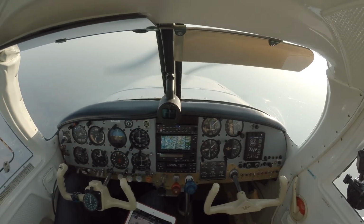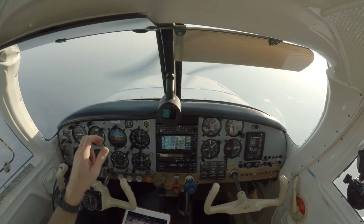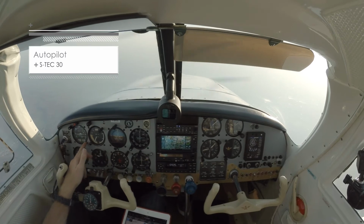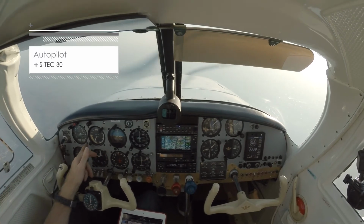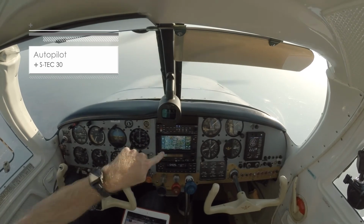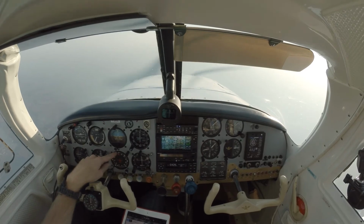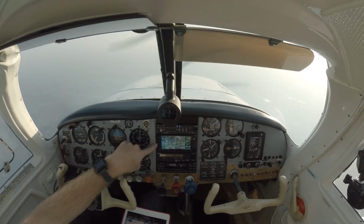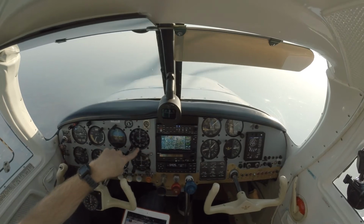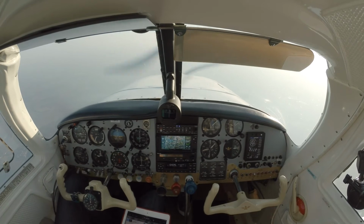Let's continue with the avionics tour. The S-Tec 30 autopilot was installed in this aircraft already. It's coupled to the GTN 650, so I can fly heading mode with a heading bug here, or I can follow a GPS or a VOR or any other nav source, ILS or something. The only thing this combination doesn't do is